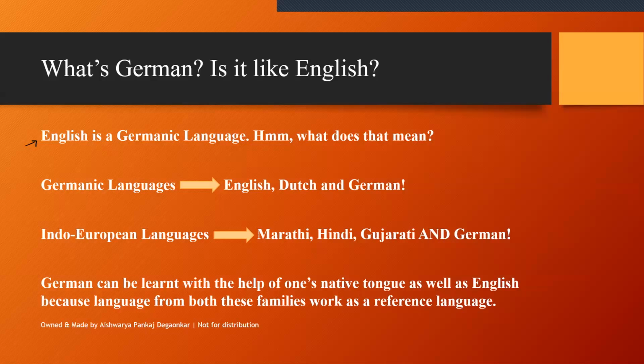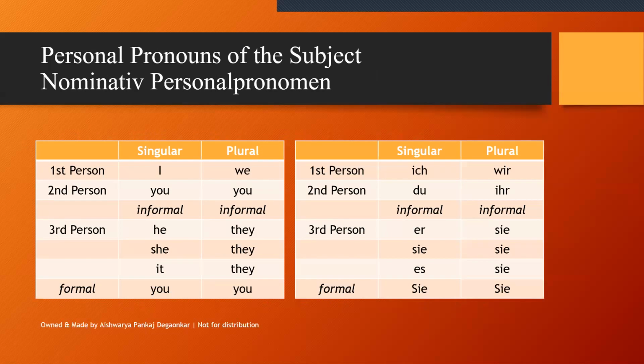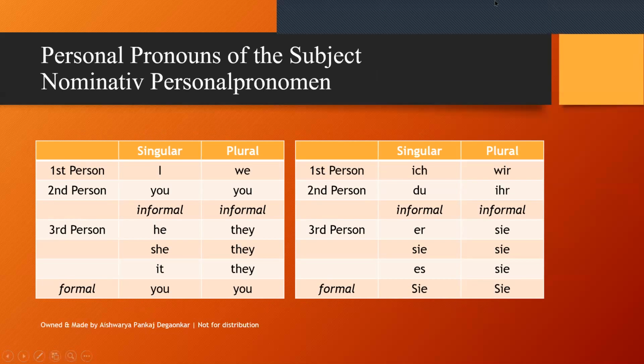So that's what German is. Now, looking at the personal pronouns, we have seen this table for a really long time in our schools. So we will be reviewing this table on the left again. Those are the personal pronouns that we use to indicate a subject in a sentence. So we have the first person singular, second person singular. Now I have written specifically formal, informal here because in English we need not use those separate pronouns as we do, for example, in Marathi or Hindi.